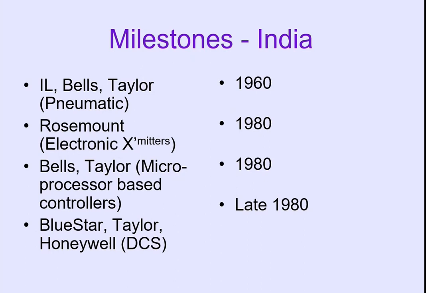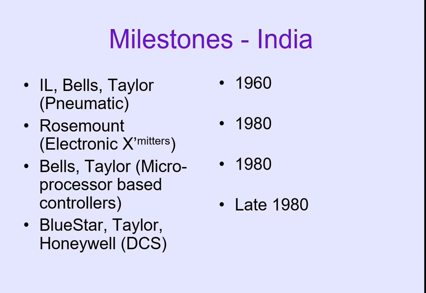If you talk about the India perspective, in the 60s pneumatic systems came. Taylor, Bells, IL, these are the companies for that. Rosemount is a company working with Emerson. The name of the instruments the Emerson company prepares is Rosemount, right? So electronic transmitters are developed by Rosemount, nowadays also, and they started developing such transmitters in India in the 1980s. Bell Taylor microprocessor based controllers started being developed in the 1980s, and late 80s